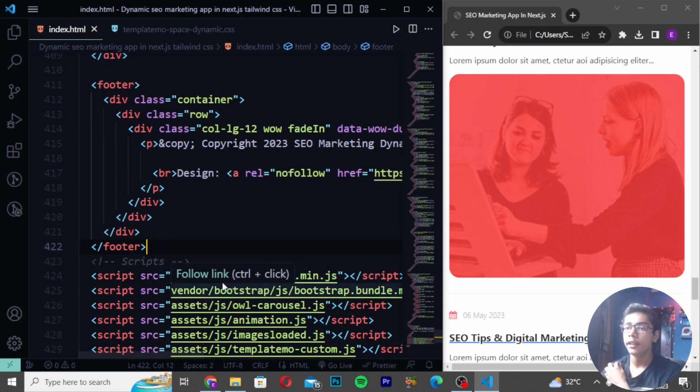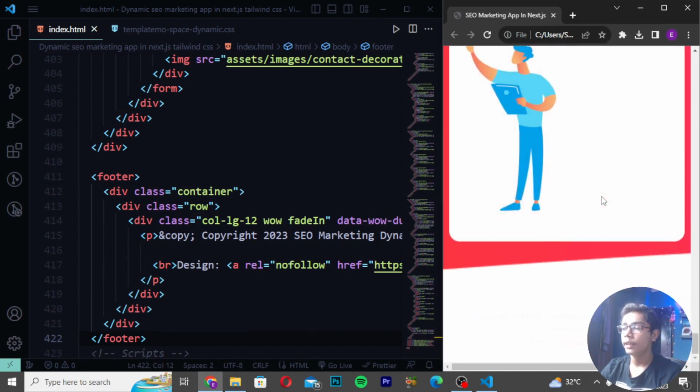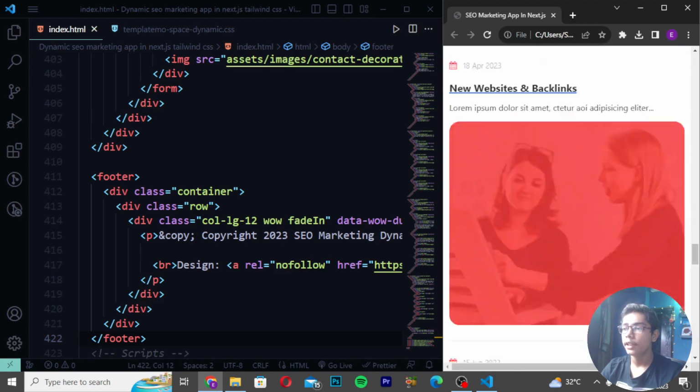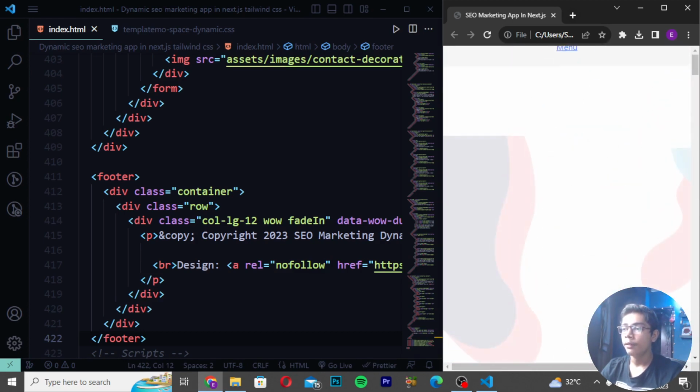Now when you've just created this tag, you have to simply reload here. And after reloading, in the end, if I show you, you can see we are getting the copyright section which says copyright 2023 SEO marketing dynamic, all rights reserved, design templatemo. You can see all the things are working, meaning that our project is ready. We just have to style it for mobile devices and for a good hover effect,